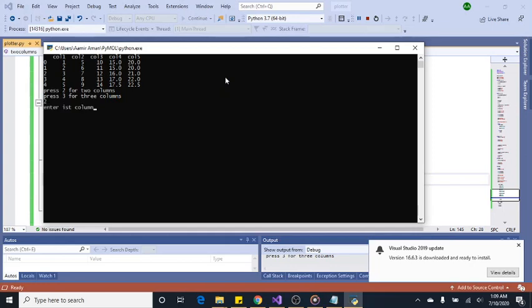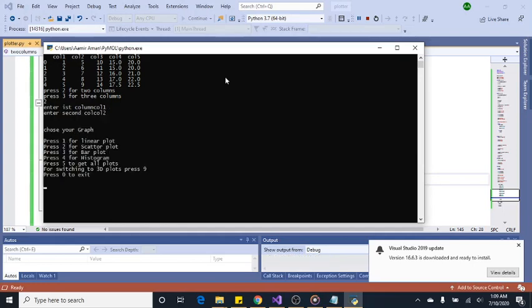So if I just want to switch to the 3D graph, tab 9. Okay, now it's working. Like I'm in the 3D graph, so if I just enter columns like col 1 and